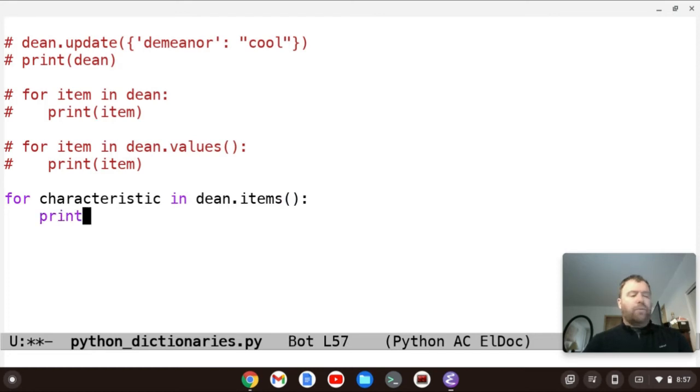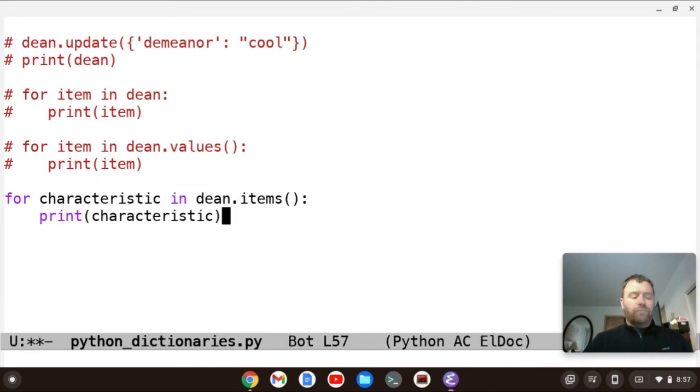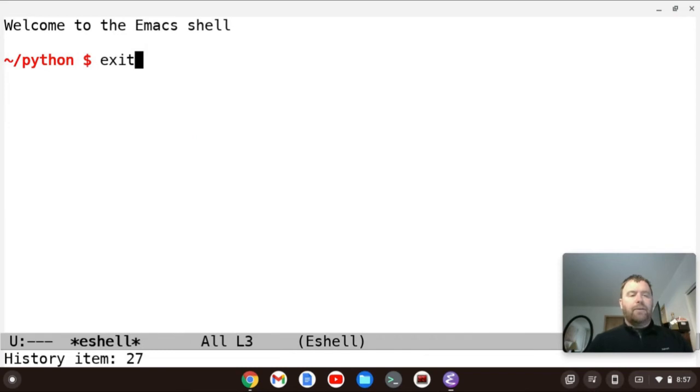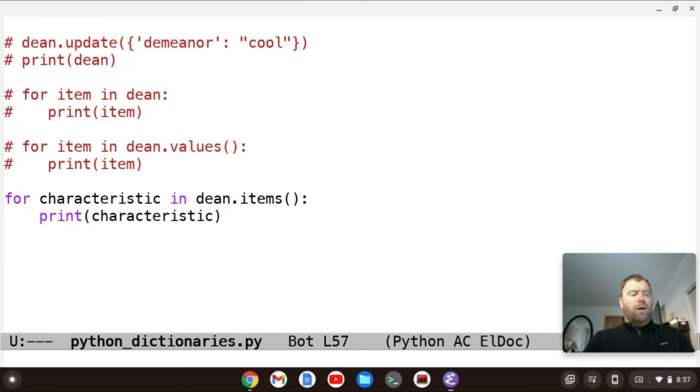And then we're going to print the characteristic. Let's save this and let's run it. And you'll see it prints out the key and the value. So the key value pairs it prints out. All right, pretty cool. Let's comment this out.